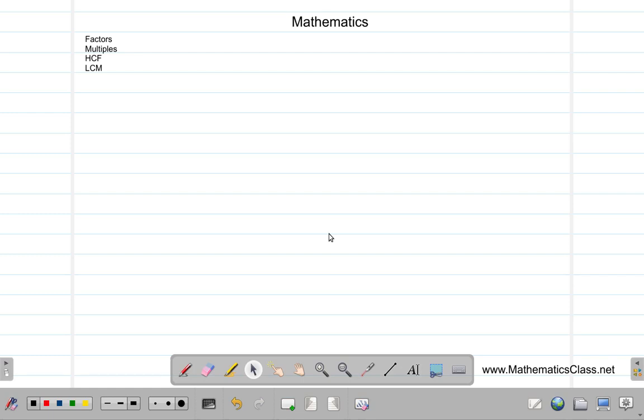Factors, multiples, HCF and LCM. That is what we're on to right now. Alright. Factors, multiples. Let us see what a factor is. When we talk about factors,